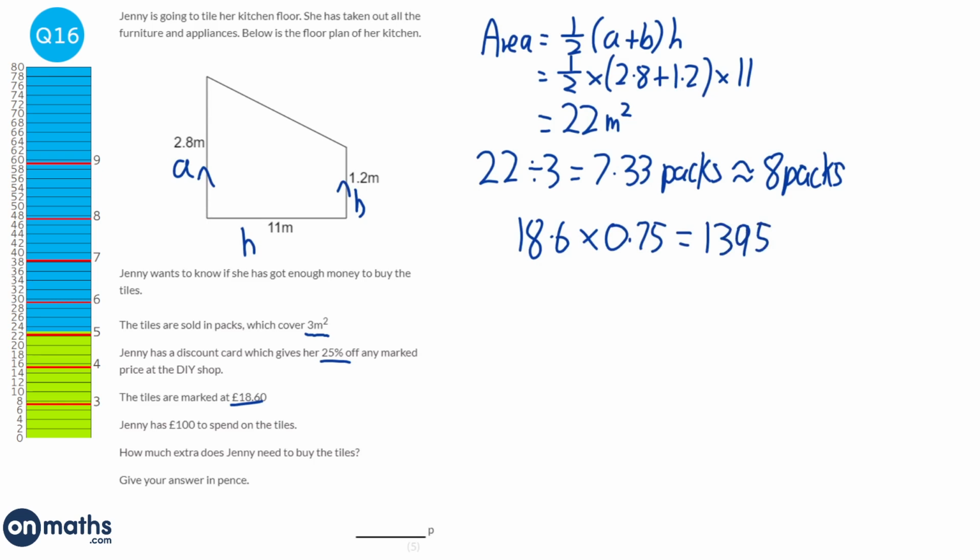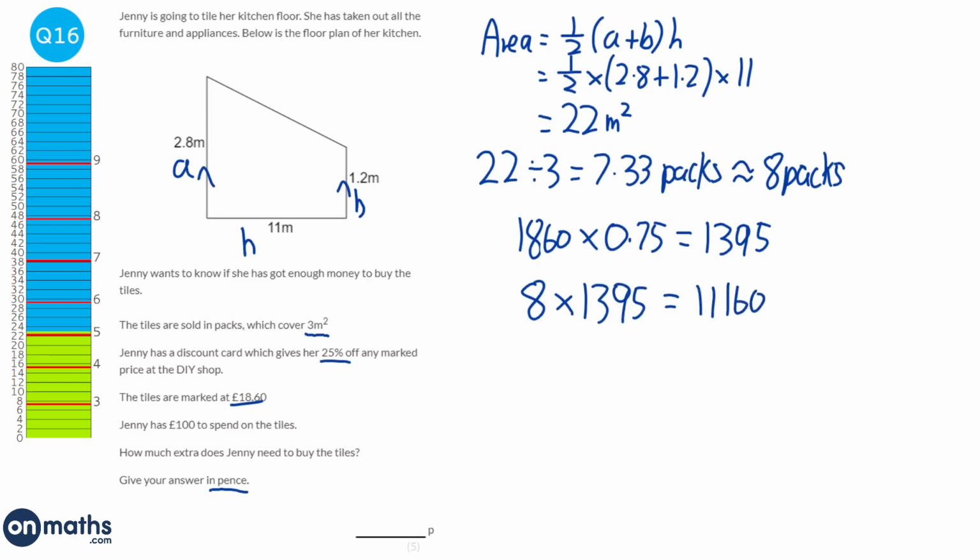Now I've done this in pence and I've kind of muddled it together here, so really let's just go back because I've done this in pence. So that would be 1,860 times 0.75, and so each pack will cost 1,395, and the reason we're doing this in pence is the answer needs to be given in pence. So I might as well just make that conversion now. And so it's going to be 8 lots of the 1,395 pence packs, which will cost in total